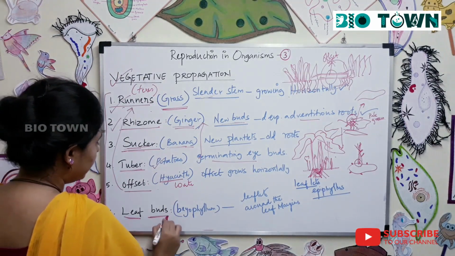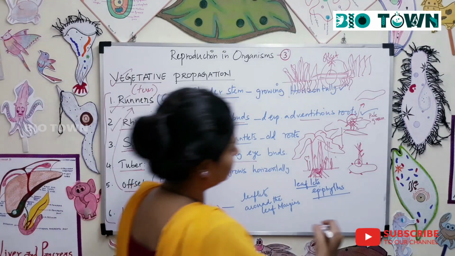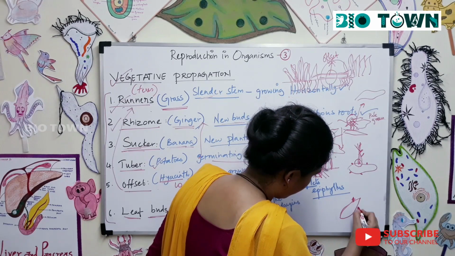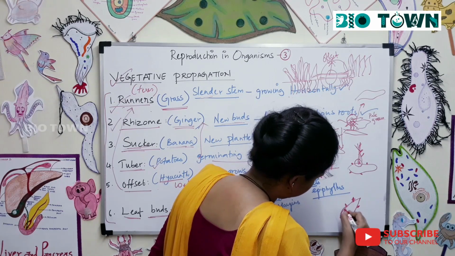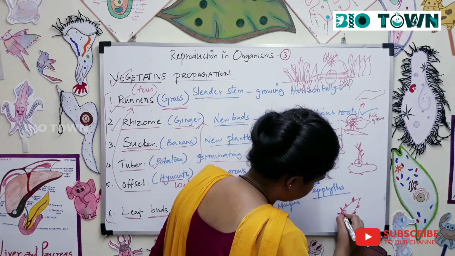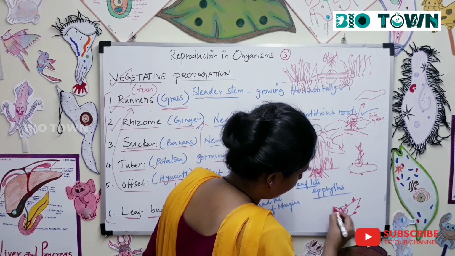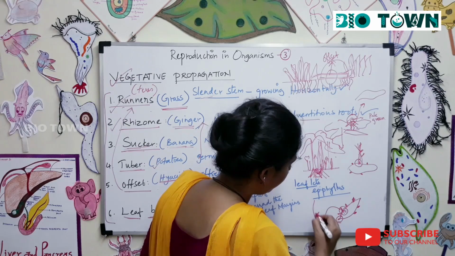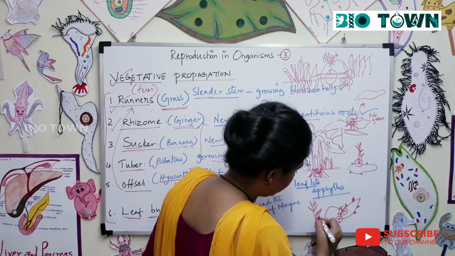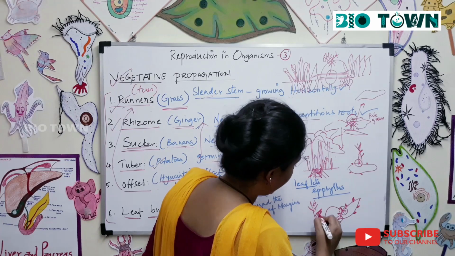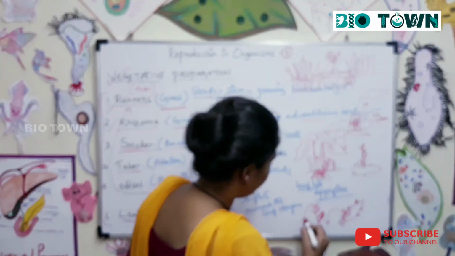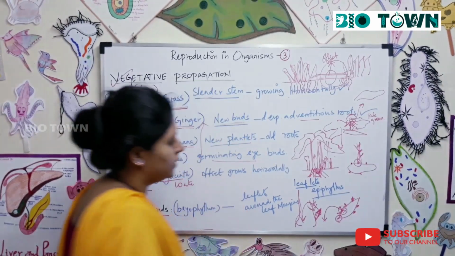And the last is leaf buds in bryophyllum. So in bryophyllum, when you observe the plant, at each of the leaf margins there is a formation of leaflets, very tiny leaflets, and each of these leaflets develop adventitious roots. And now when these leaflets fall off to the ground, there is a new bryophyllum which has grown. The same way, again the bryophyllum starts developing these leaflets and the adventitious roots, and again this adventitious root along with the leaflet will fall on. Again there's a new family which has developed.